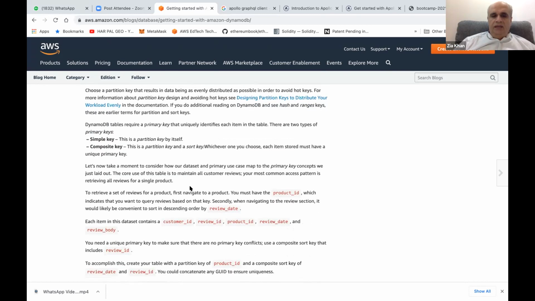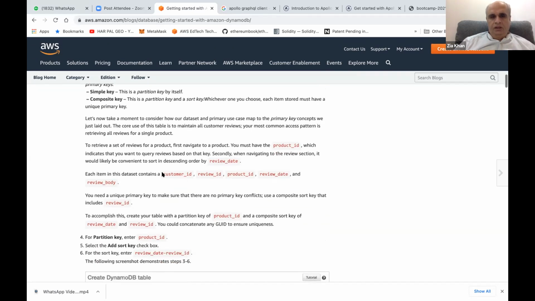Now let me revise again. Take this example. We have a product which has customer ID, review ID, product ID, review date, and review body. We are trying to record reviews. Now, these are the data we want to save. What do we make the partition ID and what do we make the sort ID? Therefore, what will happen is that